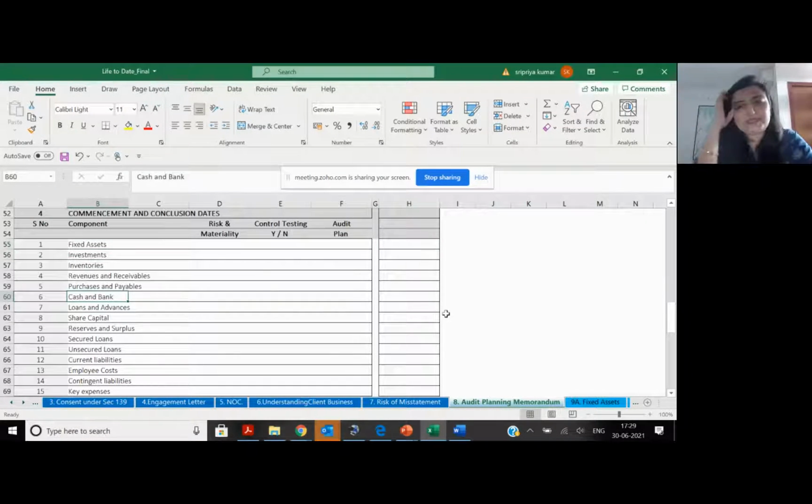And today, what's the easiest way to audit an SME is to audit by component. Fixed assets, inventory, investment. So you create each bunch. So in the place where I did my articles, fixed assets for any client would always be called A. Investments, inventories, revenues and receivables, cash and bank, loans and advances, assets. Liabilities would be share capital, reserves and surplus, secured loans, unsecured loans, current liabilities, provision for taxation, contingent liabilities, CARO checklist, Schedule 3 checklist. So it becomes very simple.